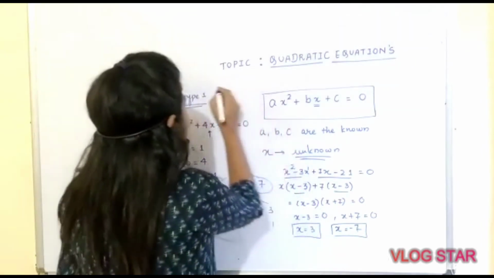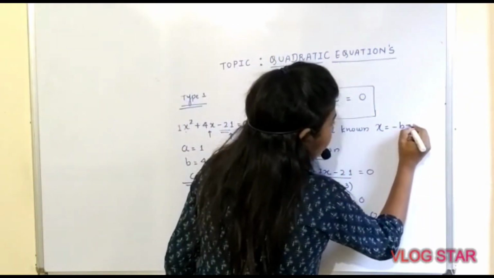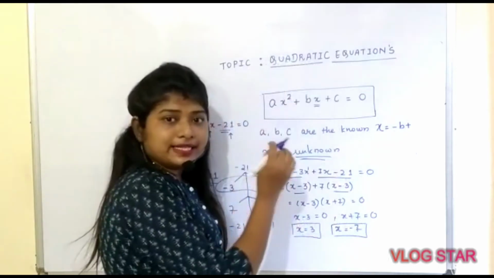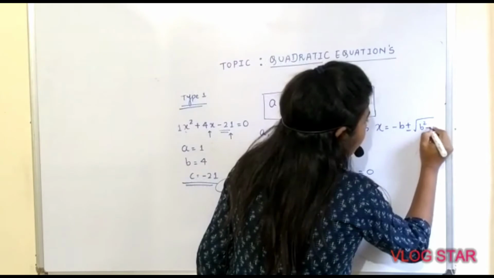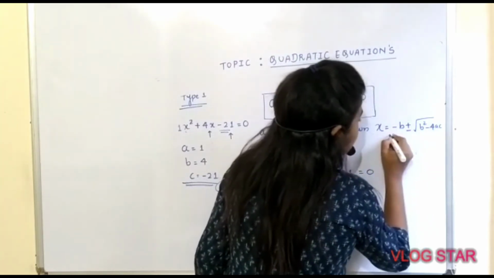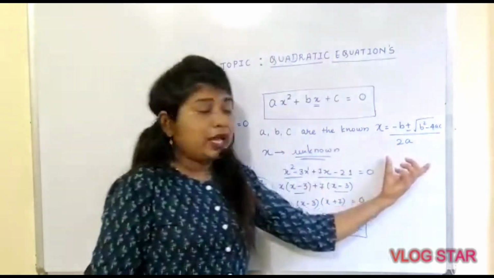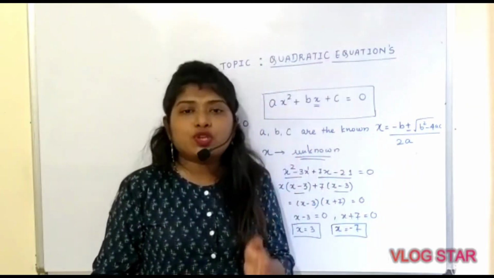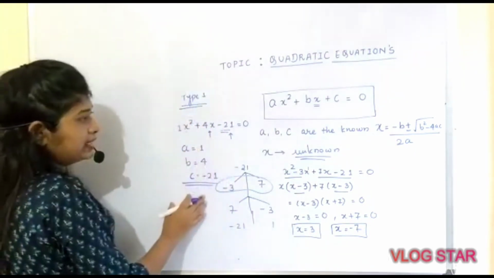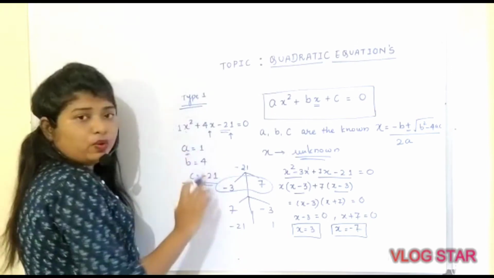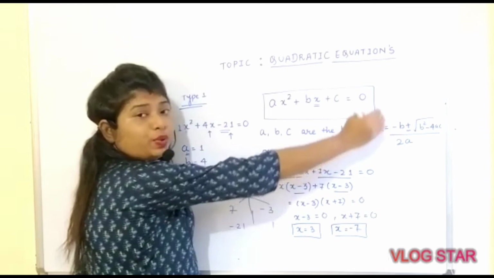So to get the value of x, you have to apply this formula. What is the formula? X is equal to minus b plus or minus under root of b square minus 4ac upon 2a. This is quite an easy formula. With the help of this, you can find out the roots of the quadratic equation. These are the roots. Okay. So let's begin with this. As I told you, a is equal to 1. Already we found the values of a, b, c. Now simply you have to substitute in that formula.